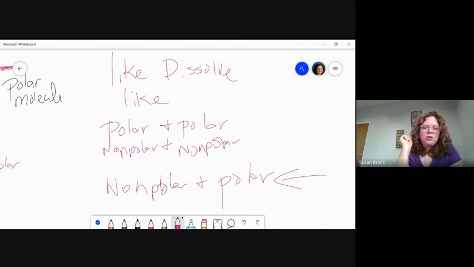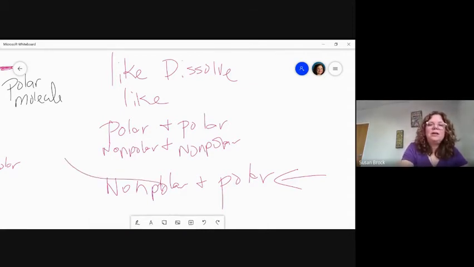And this is what you're going to be doing in your lab. You're going to go to your kitchen, you're going to get some stuff. You know water is polar, so you're going to test out all these things with water first. So it's like vinegar and vegetable oil, rubbing alcohol, and salt, and all these things, and you're going to put them with water. So if they mix,